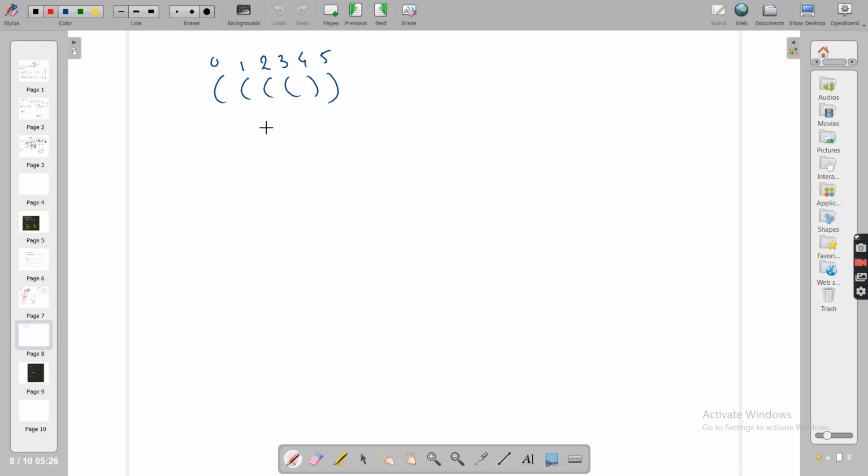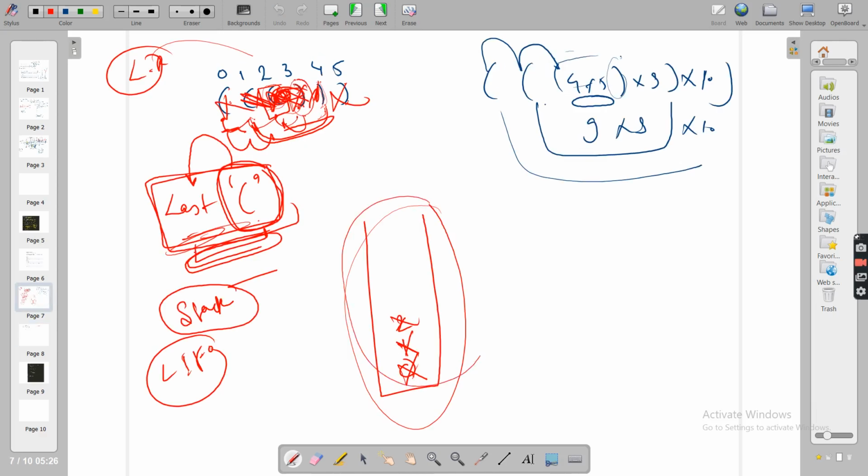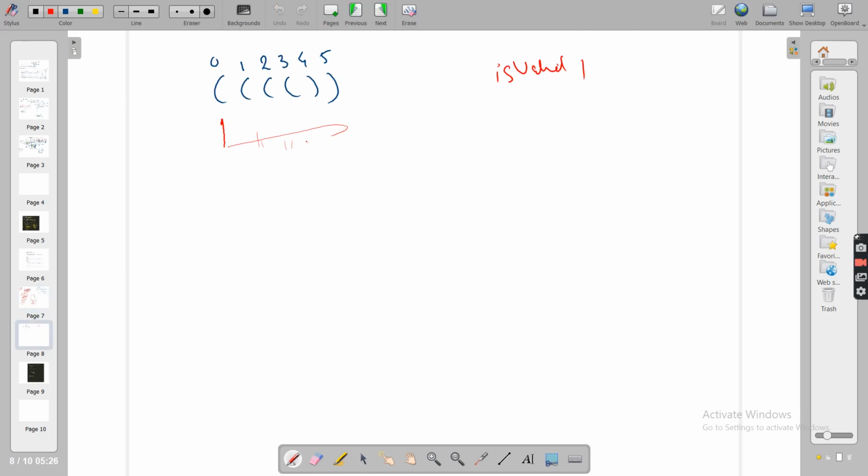Obviously in brute force, if you have some example, let's say this sort of test case, you can start with every index and go towards the end for every other index and see the function. You can call this function isValidParenthesis, and you know the working of isValidParenthesis. This is what I told you right here. You have to call this function and see, let's say this is 0, and you are at some point at 4. So from 0 till 4, is this a valid parenthesis?